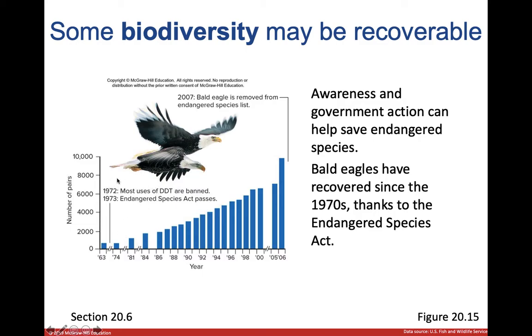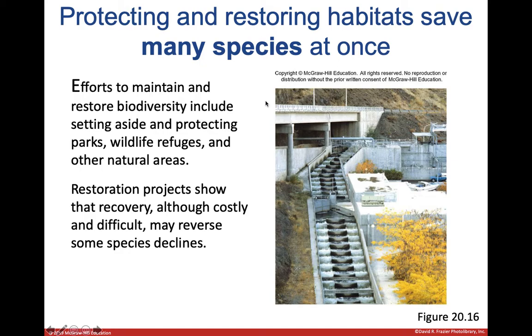Now, once people figured this out, we banned the use of DDT. And bald eagles started to recover because they were able to have babies and reproduce and repopulate themselves. So sometimes awareness of these problems can fix this, and taking action to remediate what we've done to impact these species can allow them to reproduce and recover their populations back to a number that's healthy. In the case of the bald eagles, they were eventually removed from the Endangered Species Act, which is really cool. So lots of ways have been established to help maintain this.